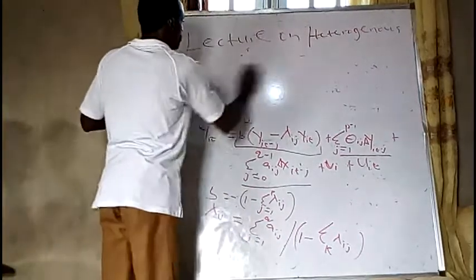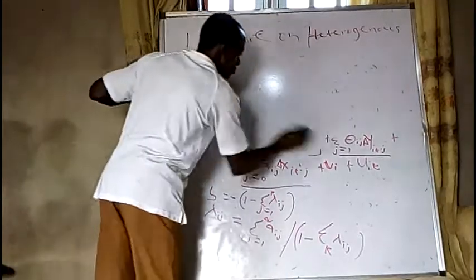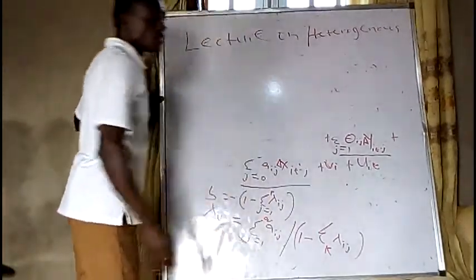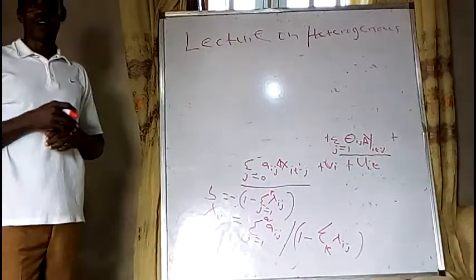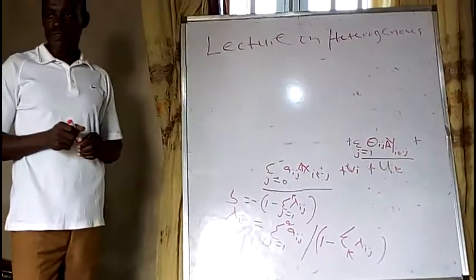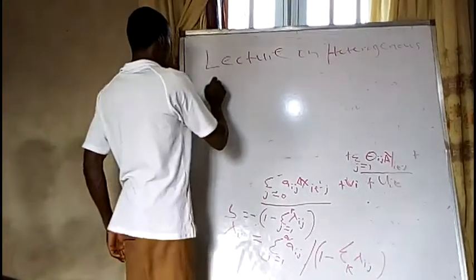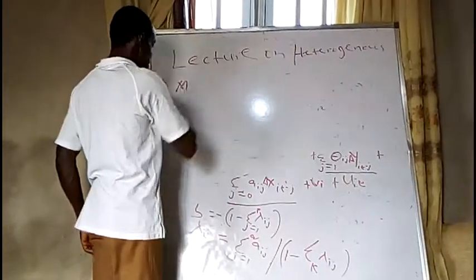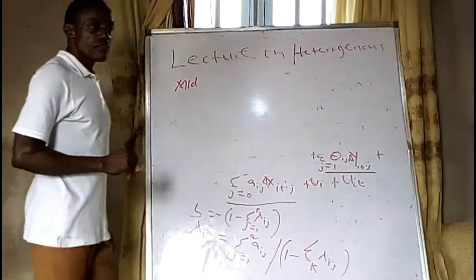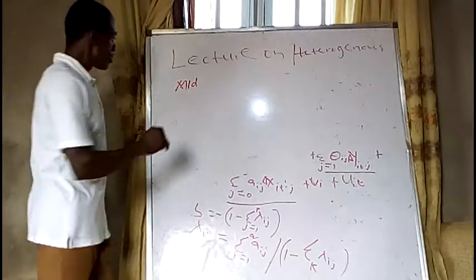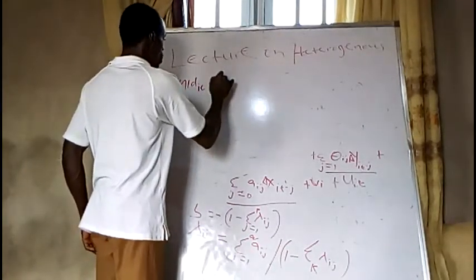Meaning that we have market index as a function of some other variables. Market index, which is MID, is equal to,